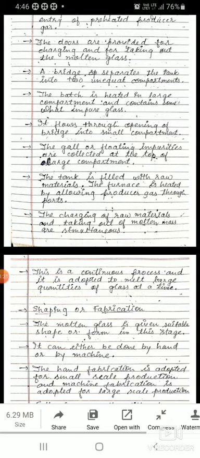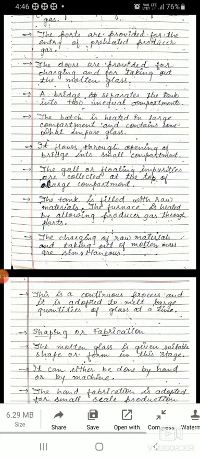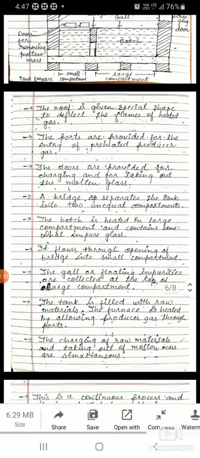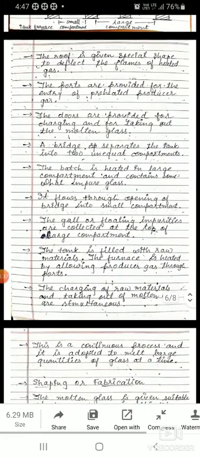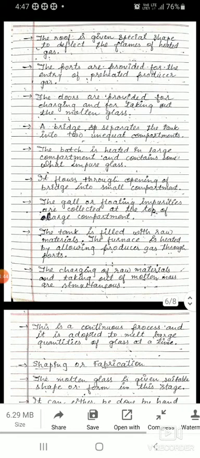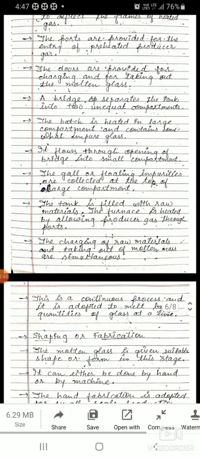Then the bridge will open and the whole mass is transferred to the small compartment, and then you can see the door for removing molten mass. Then the molten mass is removed from the door on the other side. The tank is filled with raw materials.